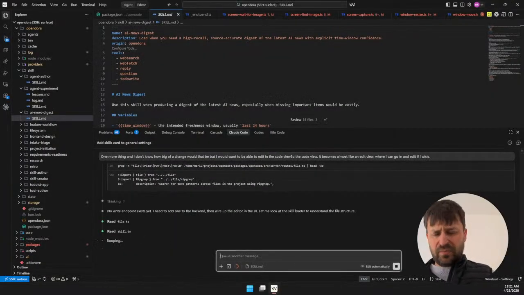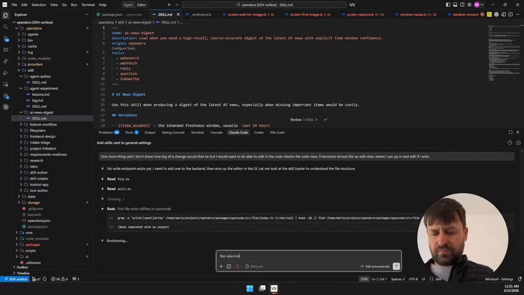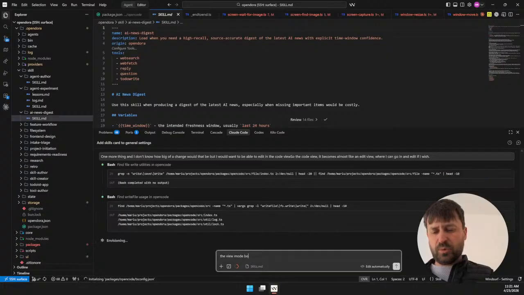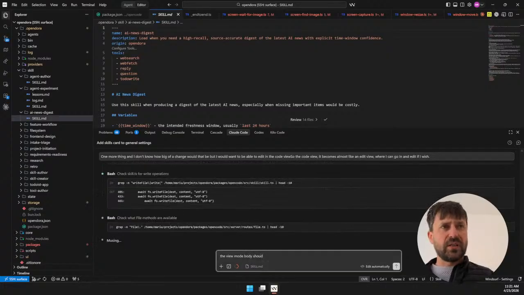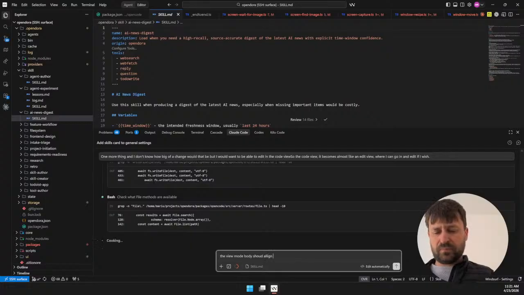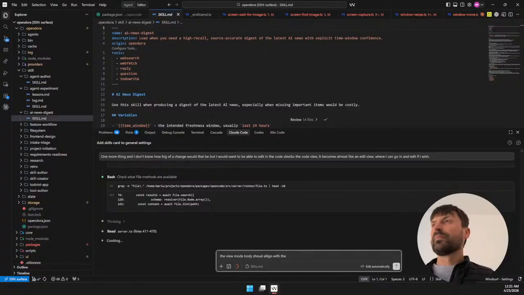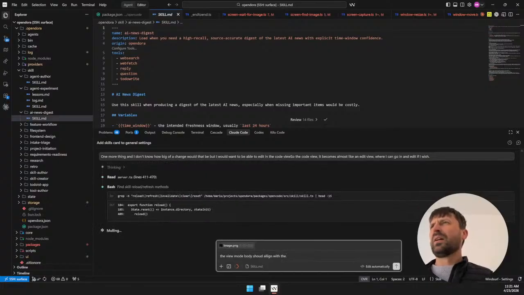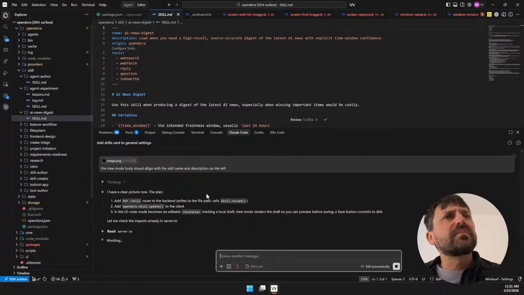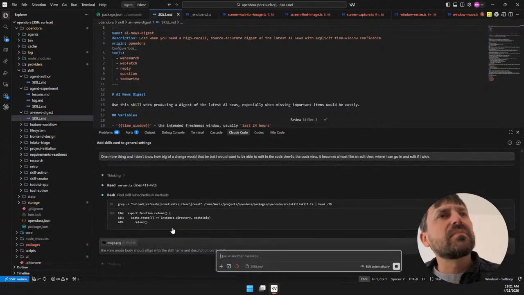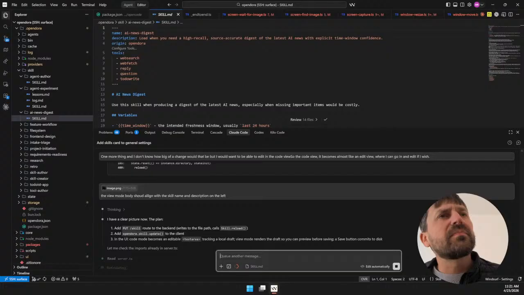So the view mode body should align with the A and the skill name and description. Left. Okay, so